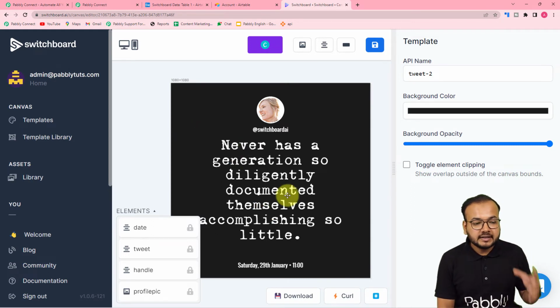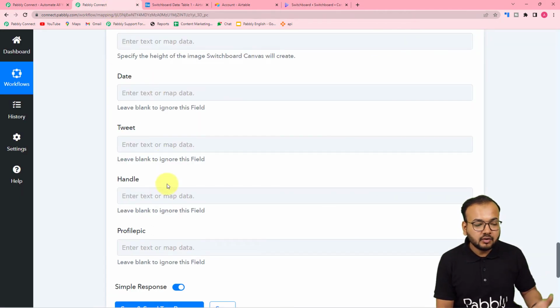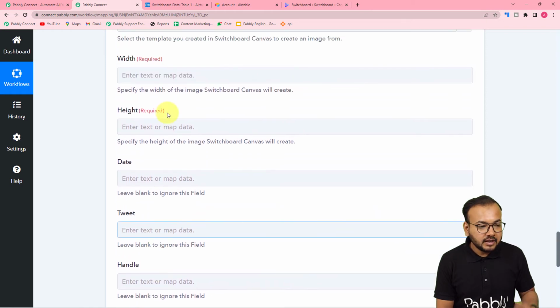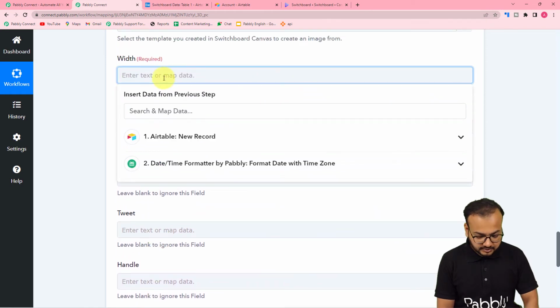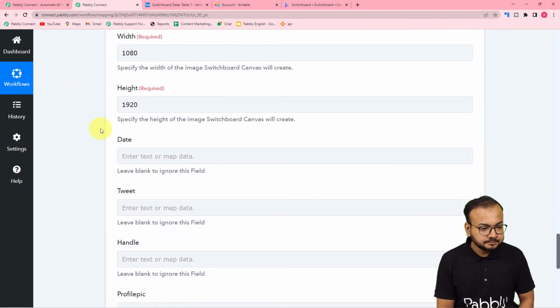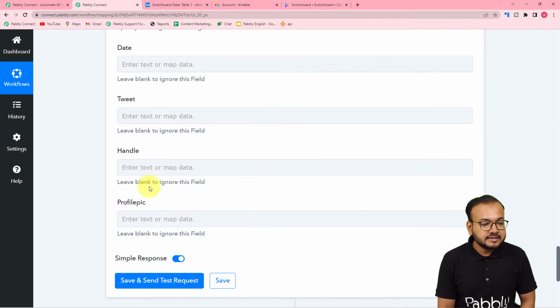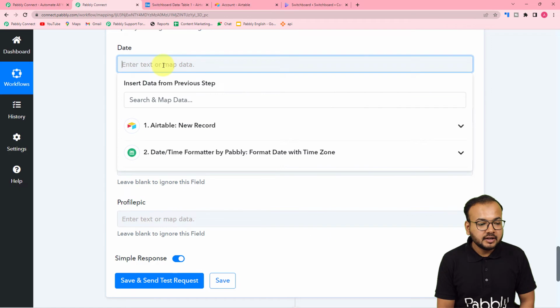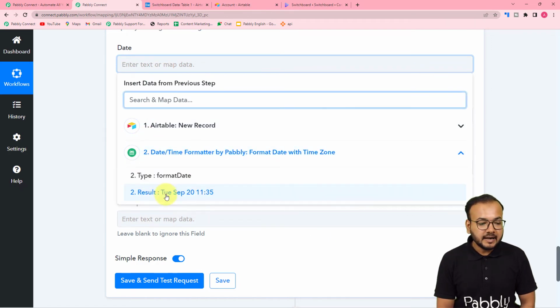So to place the data here, we need to map the values of all these things here. First of all, let me put the height and the width here. So I'm putting the standard width and the height. Okay. And for these things, I'm going to use the previous steps for these data. So just click here, and from the second step where we have converted the dates format, map the date